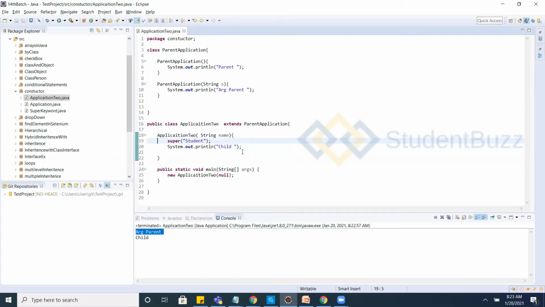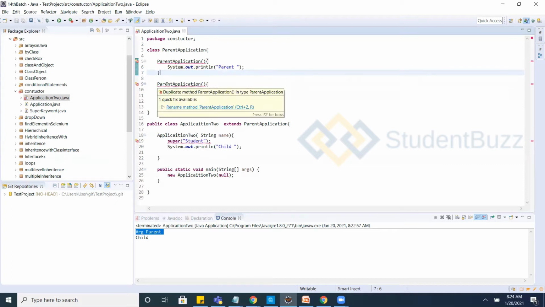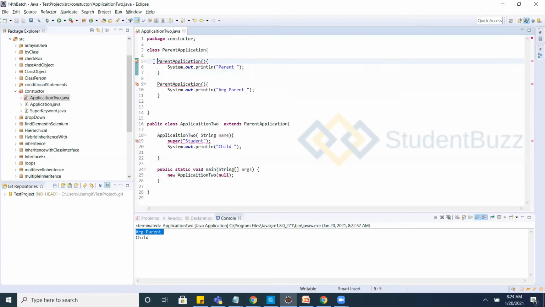So here, let's leave super now. I want to know where we can overload a constructor. What is overloading? Overloading is, for example, I have two constructors with the same name, and both are public.